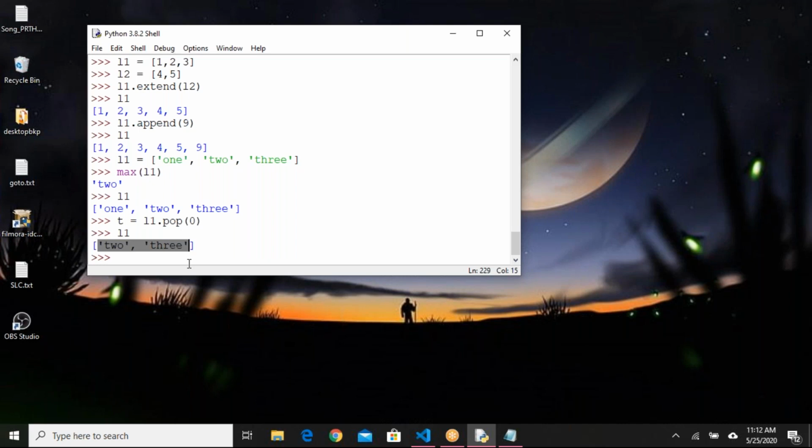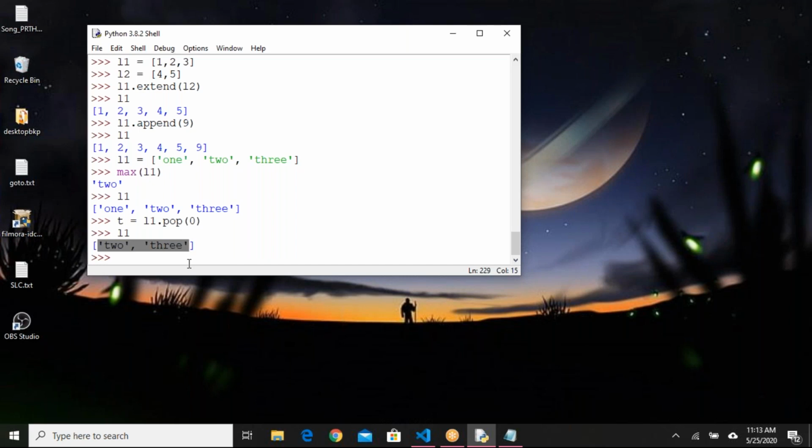By using append and extend, can we insert the elements at a particular index? No. For that, you have to use the insert method. Append and extend will add the elements at the end only. If you want to add elements at a specific index, you have to use the insert method. I think I answered, Monica.